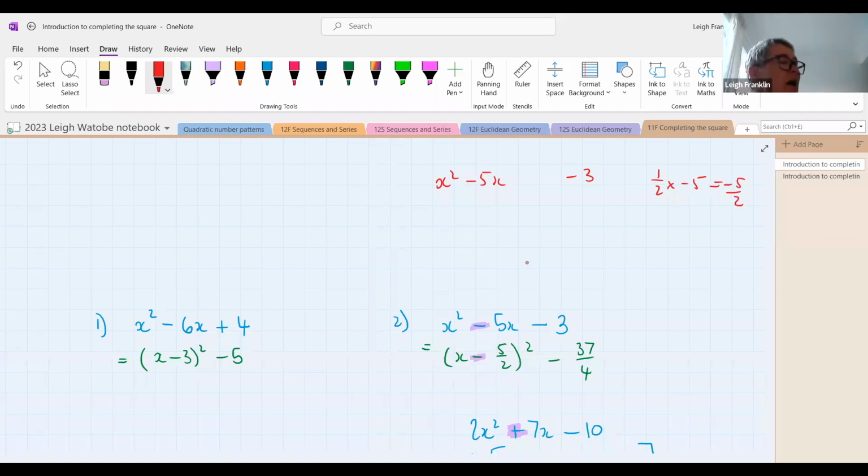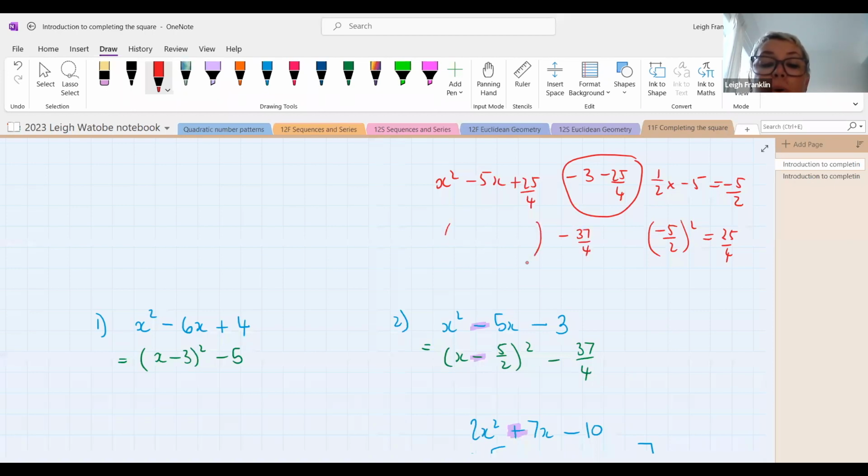Oh, excuse me. And then you're going to take negative 5 over 2, and you're going to square it. So that's going to give you 25 over 4. So here you're going to add 25 over 4, and here you're going to minus 25 over 4. So it's this bit over here that becomes negative 37 over 4. Okay, and then your perfect square trinomial, the x minus 5 over 2 squared is there. Okay, so it's from combining those two last terms